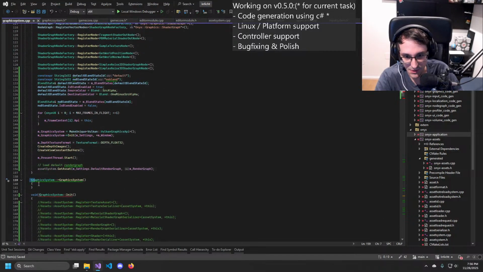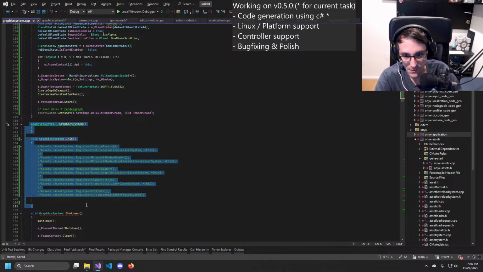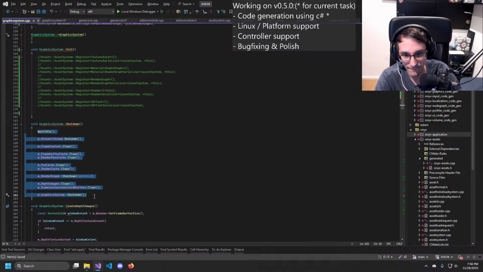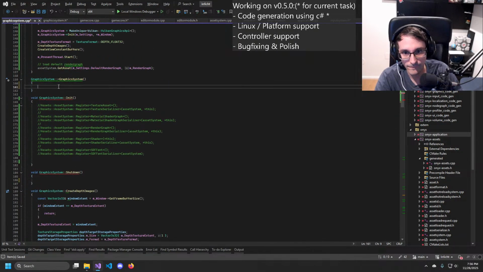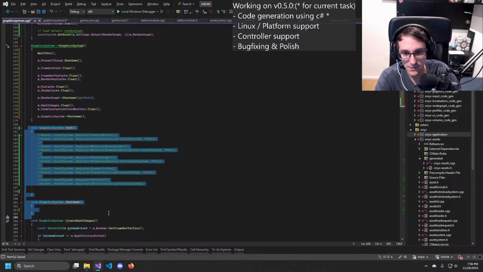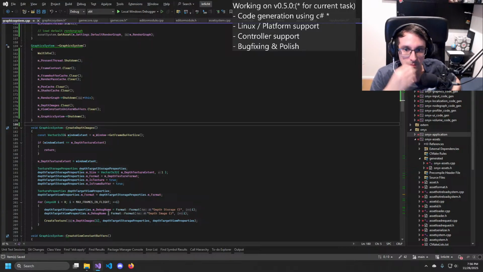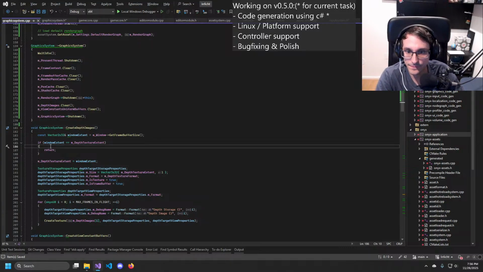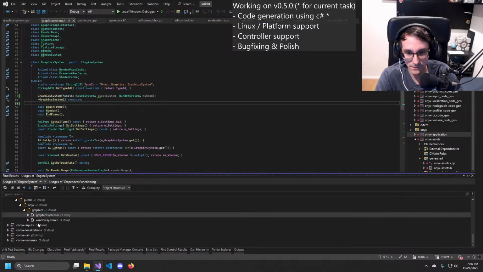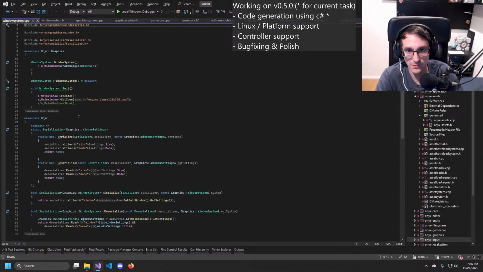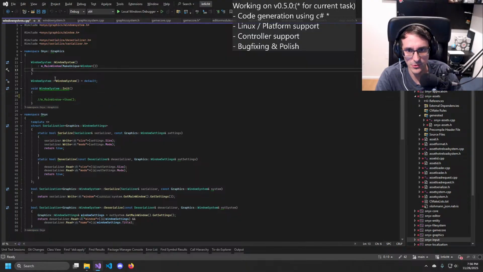This stays the same. Graphics system. Goes in there. That goes away. Perfect. Window system. We should ensure that... Oh, we have a window already initially. That's perfect.